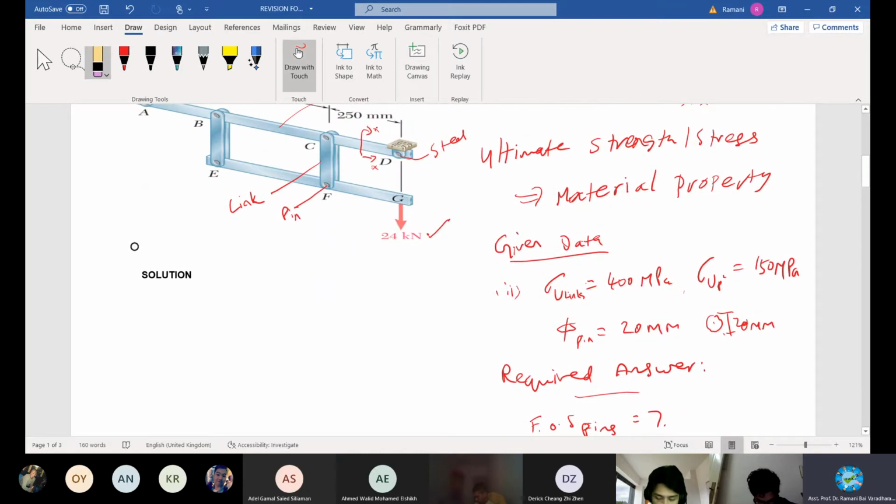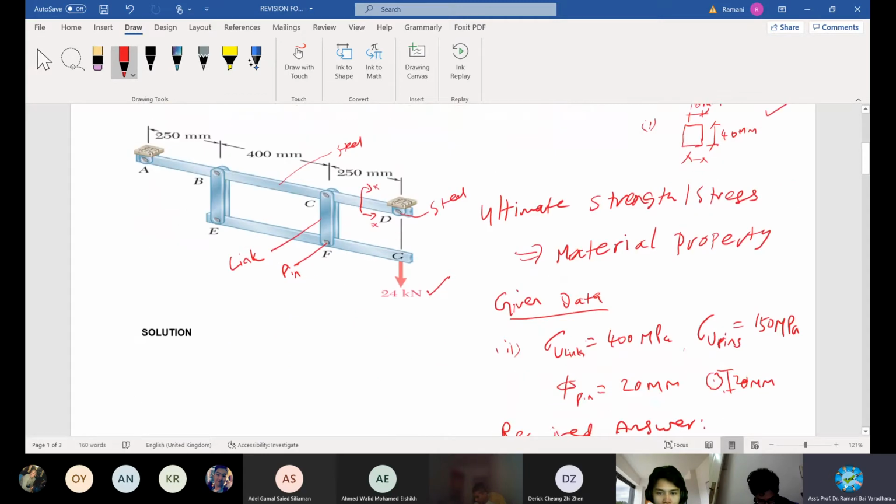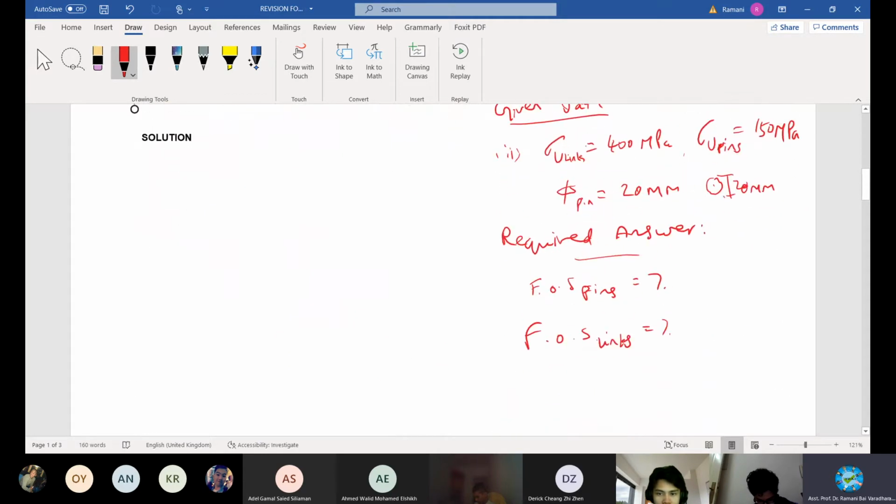It should be clearly written. How do you define factor of safety? We go from the question. Determine the factor of safety. What is the factor of safety formula? Solution. Solution started here. Factor of safety is defined as